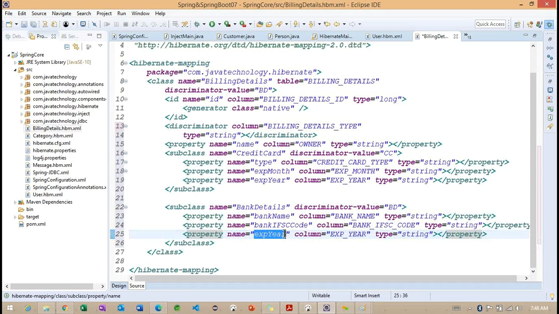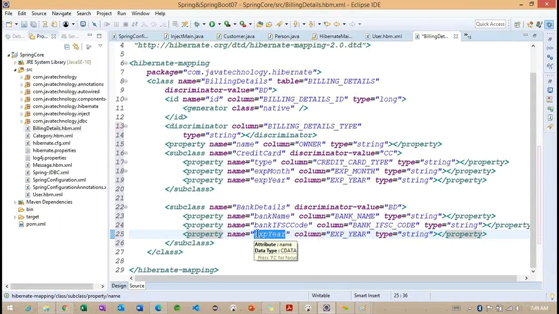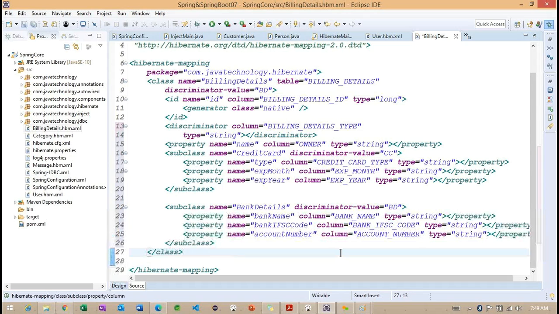Finally, what is the another column we created? Account number. Some column I want to add. Right. So these are the two sections we've created.